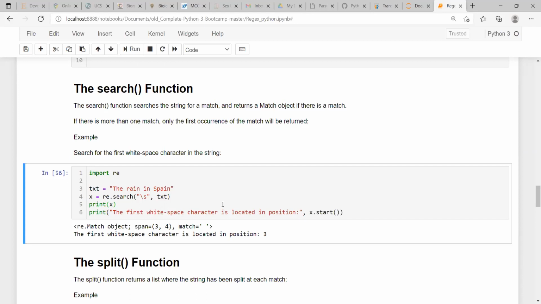Is it clear? Now, why am I going through this? Because in BioPython, what is written is based on this Python,